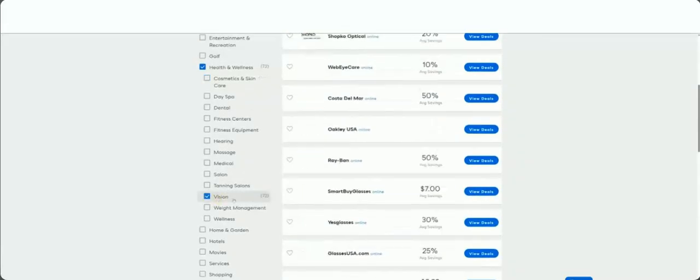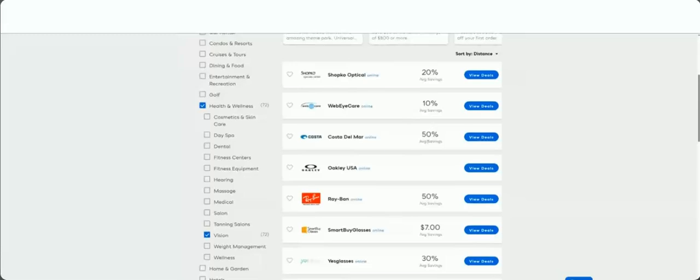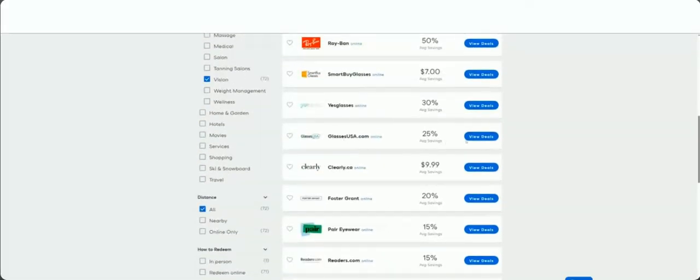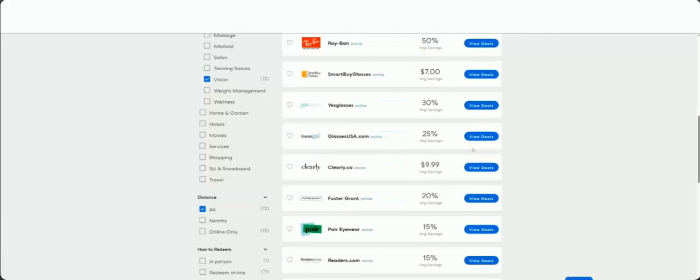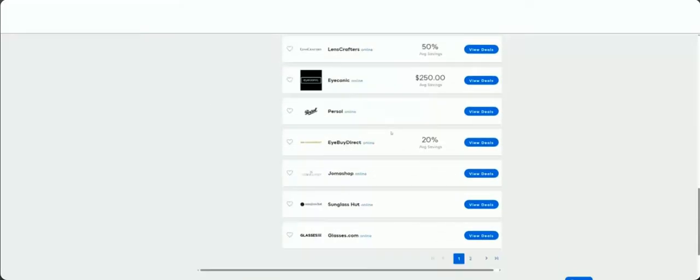Vision, okay, hourglasses, okay, look at this. Optical, 20% off, 10% off, 50% off, okay? Glasses USA, I bought a lot of glasses here, okay? 25% off could be pretty big, okay? Especially if you get, you know, pretty expensive frames. But yeah, you just go through here. There's so many savings here